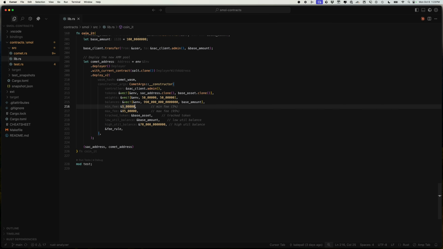So that's what this min and max fee is. The max fee being when the pool initially starts, when we are at this 100 kale, the fee that we're charging is 95%. What that fee basically means is if this were set to 0, the AMM math would distribute